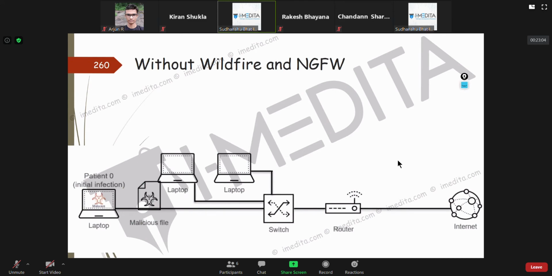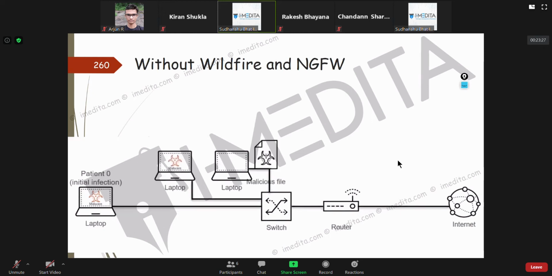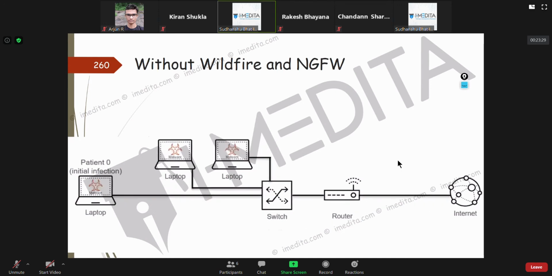The network devices didn't do anything to stop the spread. So this file will be delivered to the initial patient zero, the initial infection, and then it will move laterally within your company environment to other virtual LANs or other environments, and slowly everybody is going to get infected.